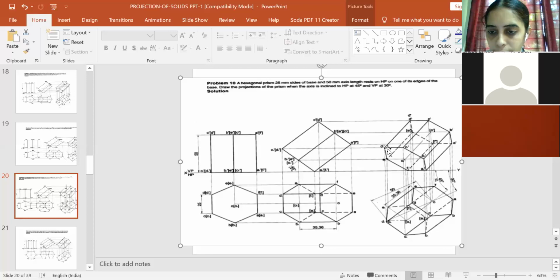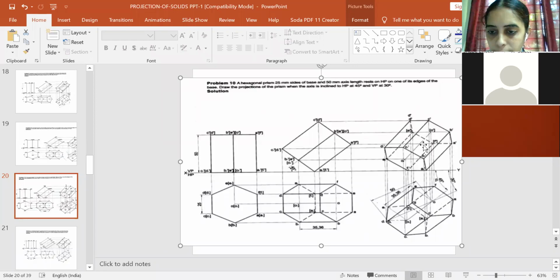Once you darken the surface which is visible, I told you that the projection coming through the corner is continuous. The projection coming through the top surface of the prism will be visible. So the projection now from C1 dash to C dash you will join as it is visible, and projection of B1 dash to B dash you will join, and this will be visible. This boundary we have darkened already. Apart from that, we have the projections which are coming through inside the surface. These projections will be hidden. So you will make hidden line E1 dash to E dash, F1 dash to F dash as hidden.